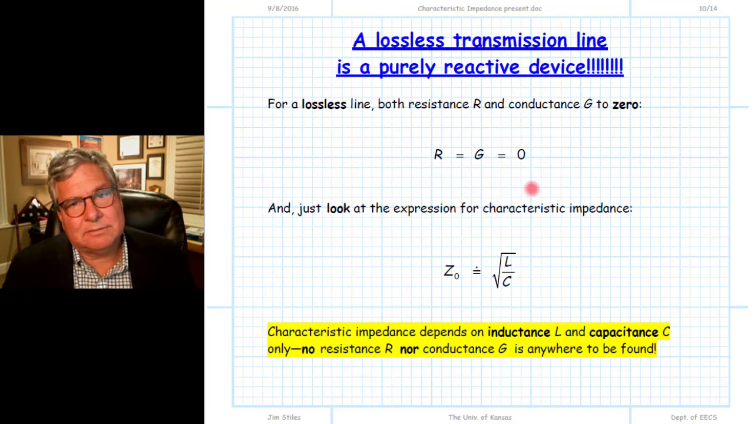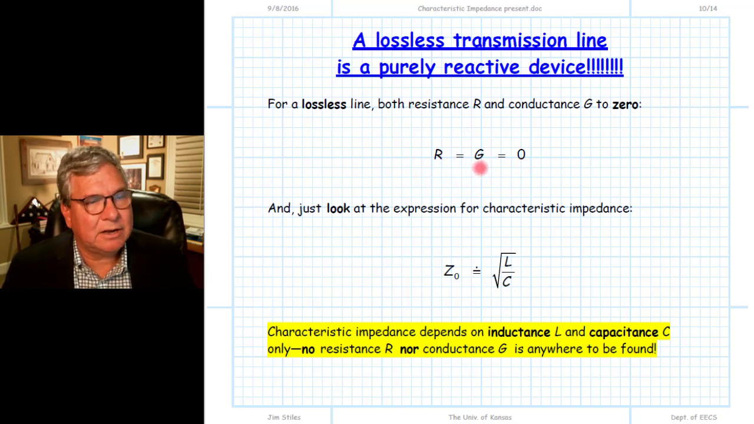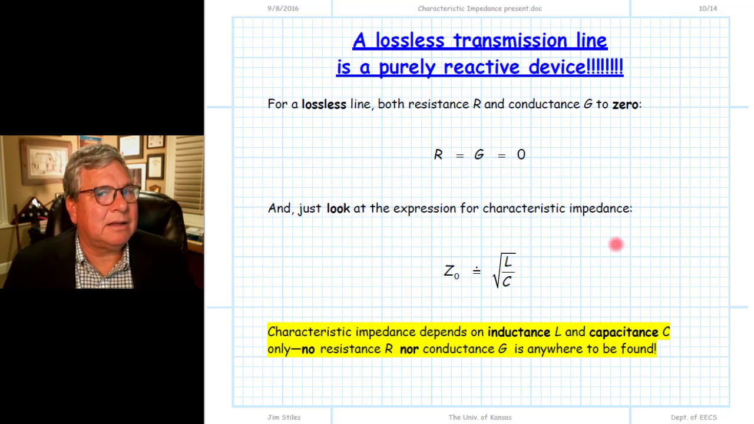So to reiterate, in our lossless approximation, the resistance per unit length and the conductance per unit length are equal to 0. We're assuming our wires are perfectly conducting and the dielectrics separating our wires are perfect insulators. And so we can't absorb any energy at all. Instead, we just have inductance and capacitance per unit length, a big two-port hunk of reactance. And so it is incorrect to infer that a transmission line somehow has a resistance associated with it,